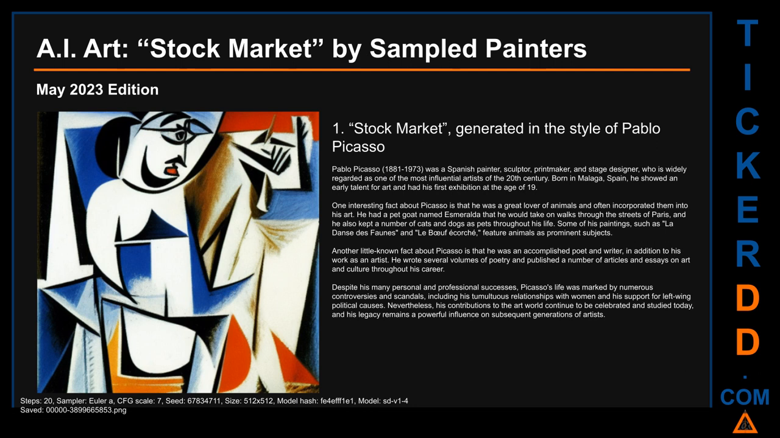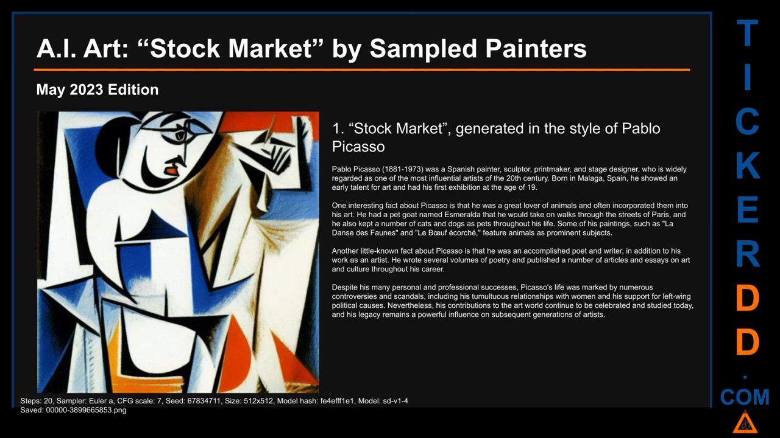We wanted to be more entertaining, so here are some arts that were generated by artificial intelligence. In this initial installation, we asked a deep learning model that had been trained with over 5 billion images to paint an image of the literal term, stock market, by using the style of specific well-known artists. Here is stock market, generated in the style of Pablo Picasso. Pablo Picasso,